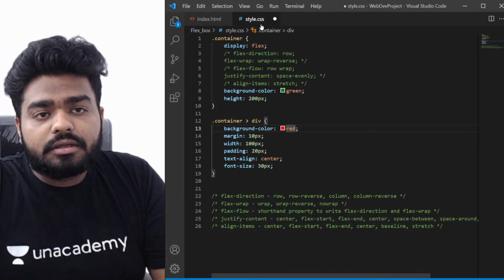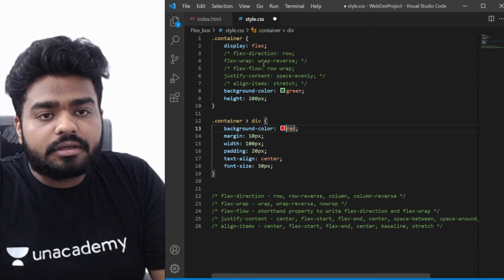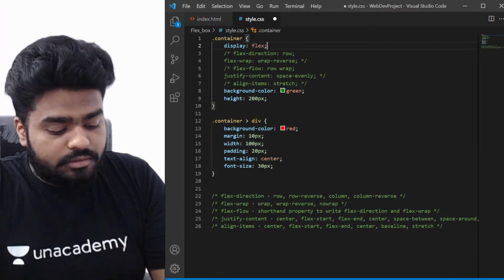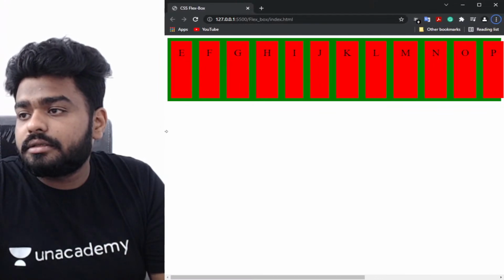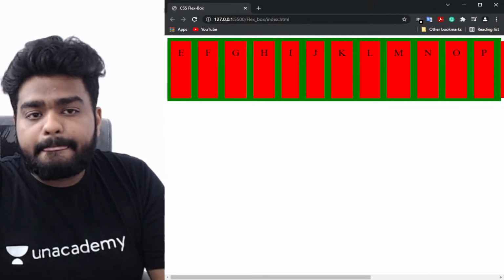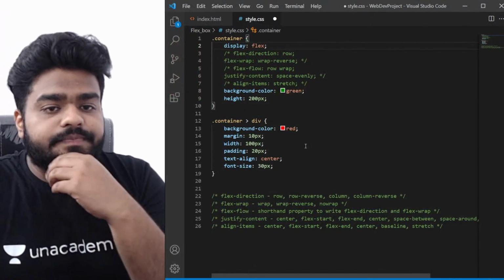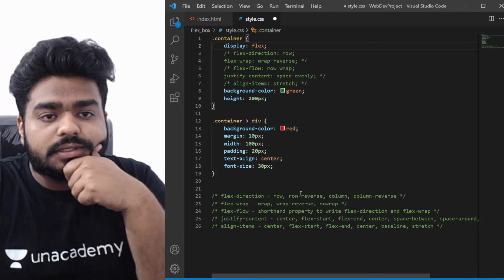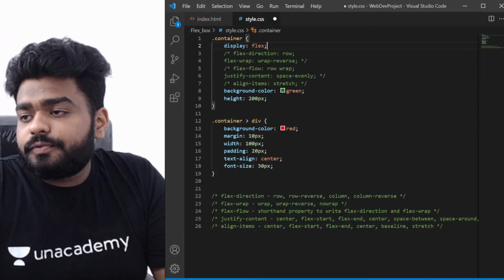Am I using any row or something? Background color, display flex. Let's come to the browser. Why is it coming like this? Okay, I've written all of the things in the center. Maybe that's why it is happening. Okay, fine. So now we are going to use